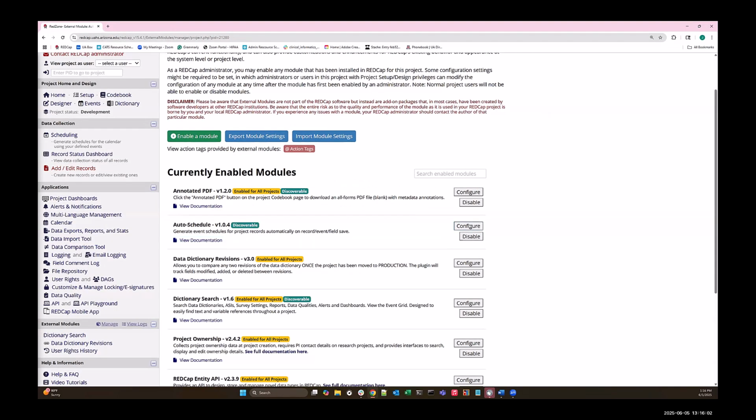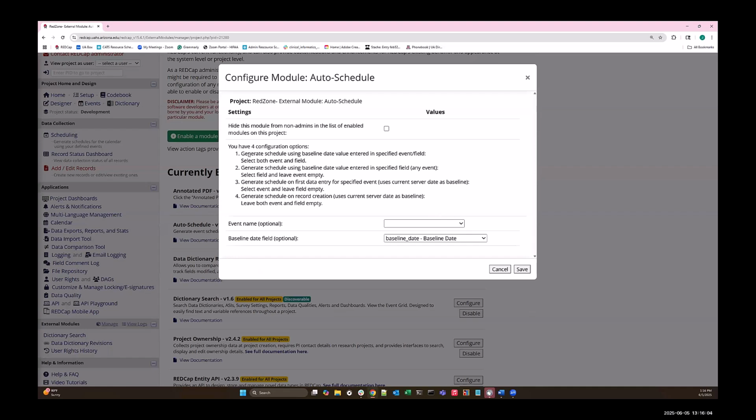Now we go to our configuration. The configuration is fairly simple. As I mentioned, the documentation does give you that information, but I feel like this gives you a little better information on how it works. So you have 4 different ways of configuring this. For the purpose of demonstration, I am configuring it using step number 2, which generates using a baseline date value entered in a